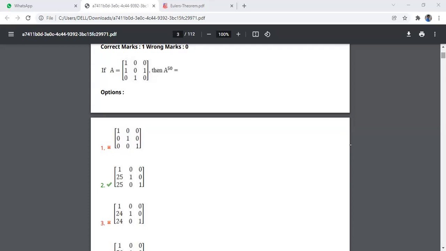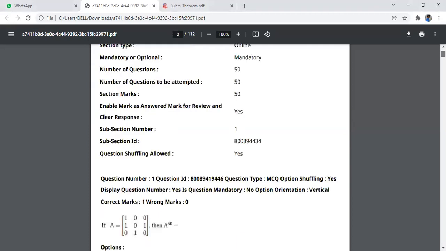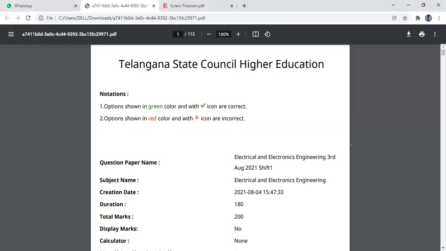Today we will discuss the ESET 2021 Shift 1 Maths question paper. Here I am going to explain only 32 and nearly 35 to 40 questions, because the remaining 10 questions are somewhat lengthy. So I will make another video for that. And I will only give the shortcut way here.